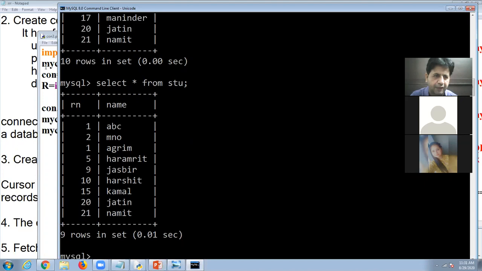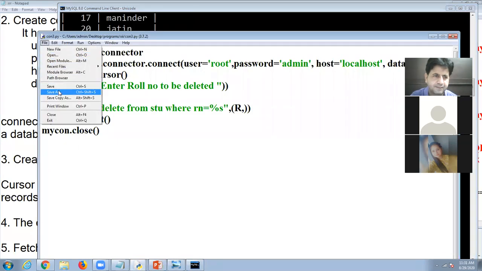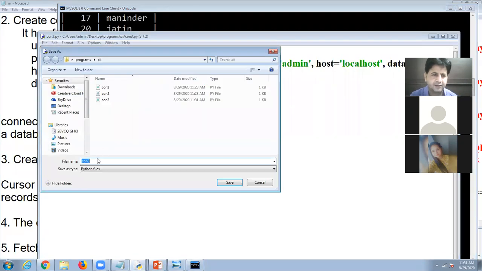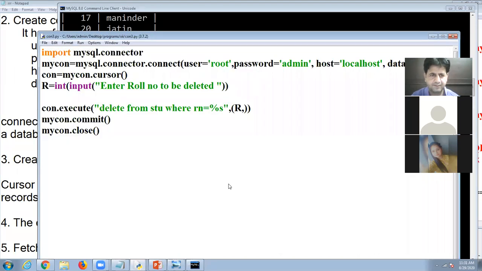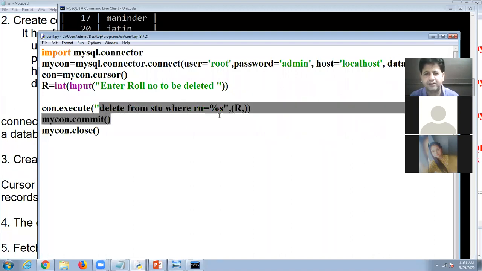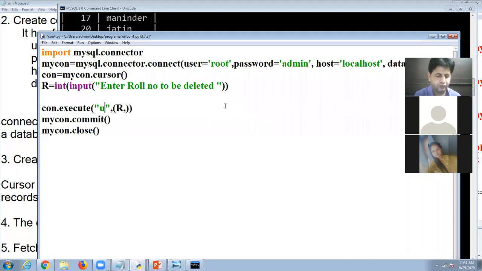So look at here. For updation, for changing the data, we use update.